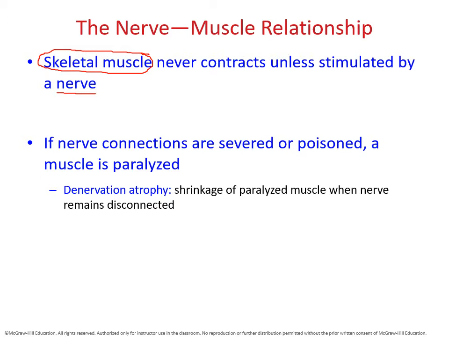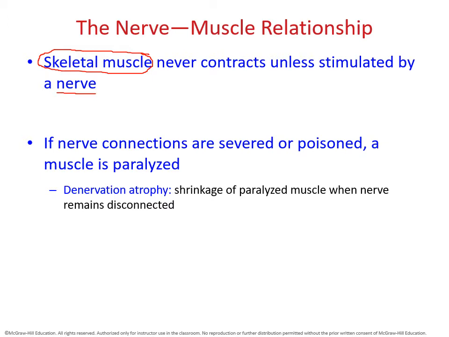So that basically means that our nervous system, when we take a look at our neurons, our brain, our spinal cord, our nerves, they have full control over when our skeletal muscles are able to contract. So when the thin and the thick filaments are able to interact with each other, and you can see your muscle contraction as well as relaxation.